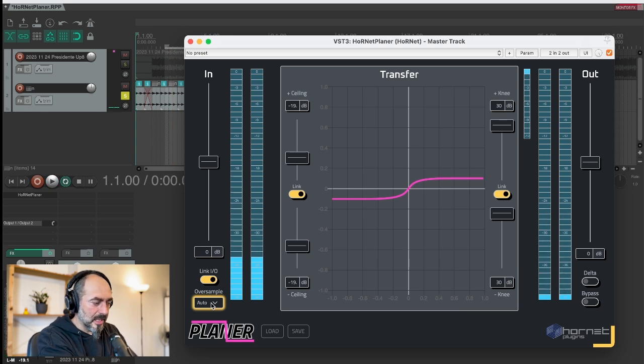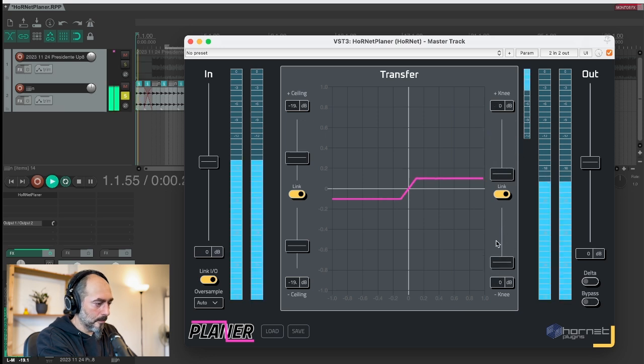Can you hear it's a little bit cleaner and it's better than the none option? And if I go with a hard knee, things become more noticeable. So this is none, and this is auto. The bass is a little bit more stable, more present,